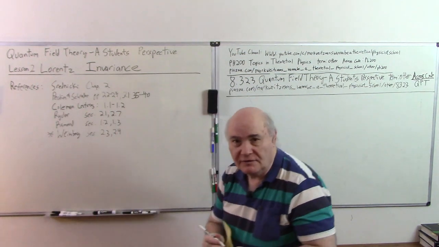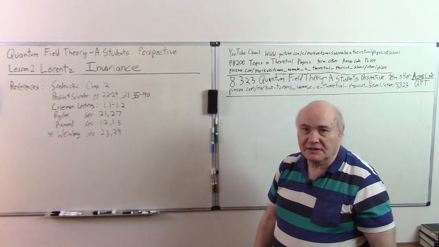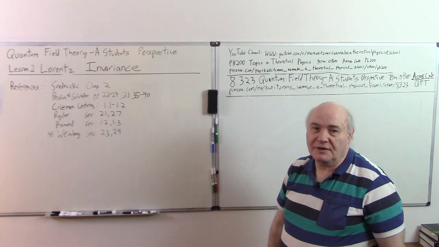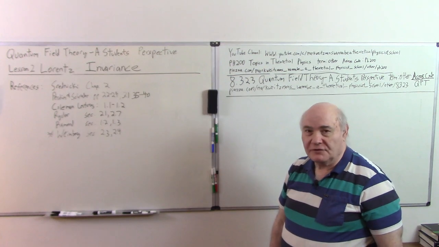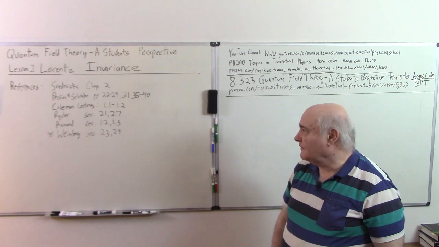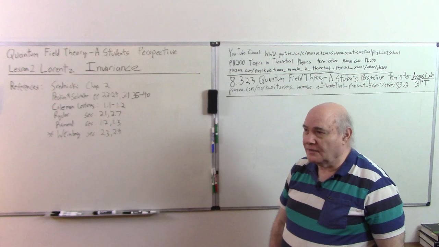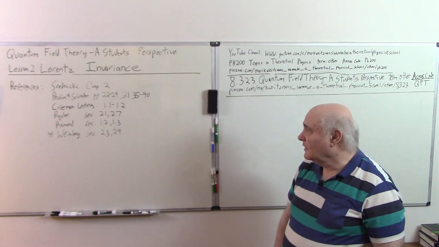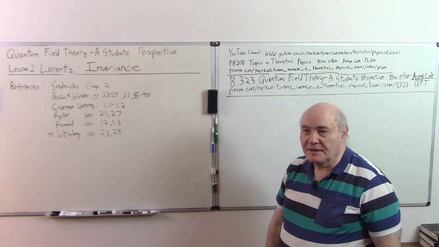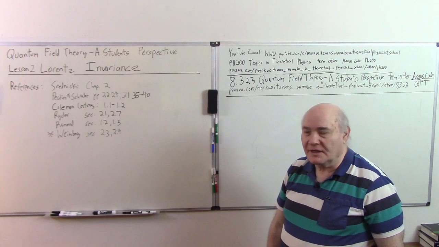Lesson 2 on Lorentz Invariance. This is a very short chapter in Srednicki's book. It's probably about 3 pages. But it's very important, and I suggest that every serious student go through every equation in those 3 pages, verify them, and then do all the problems in Srednicki's book. I think I'll make a video on 1 or 2 of the problems, but you should work them all out yourself. Nothing more is involved than index manipulation and just symbol pushing. It's really very easy, but you have to get used to the